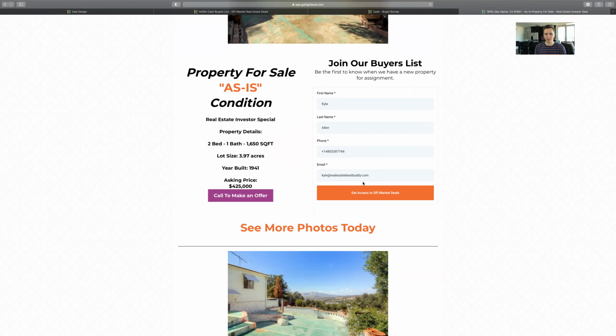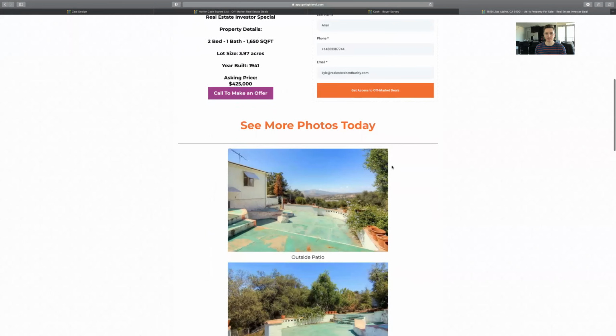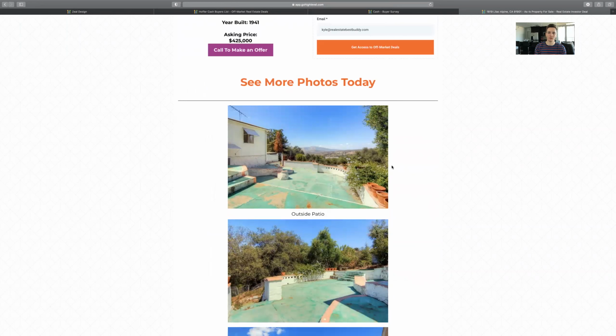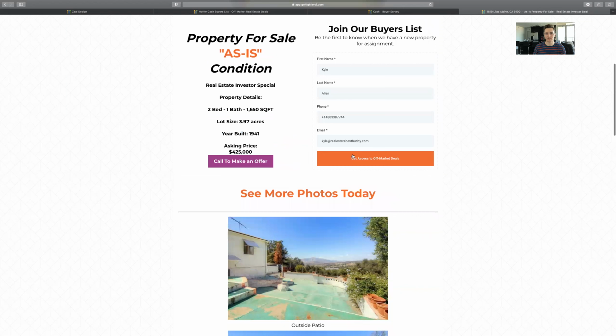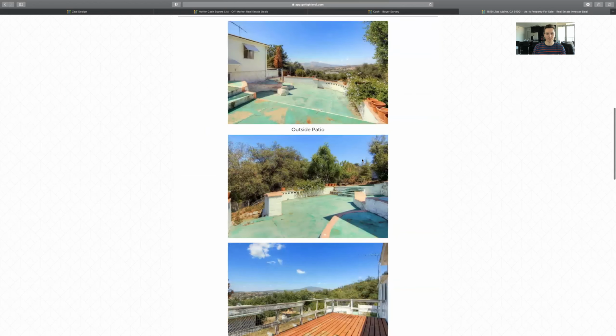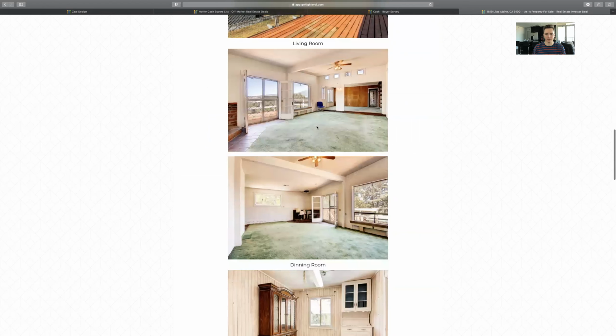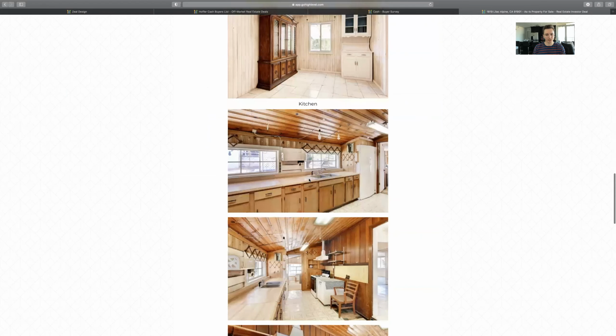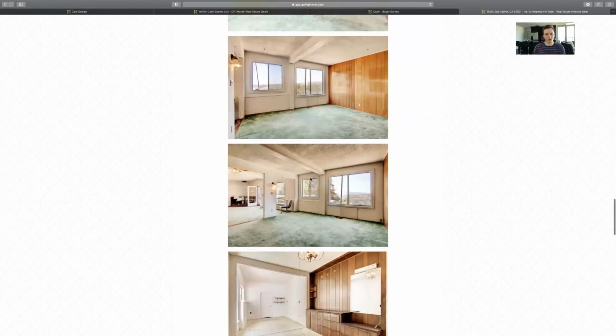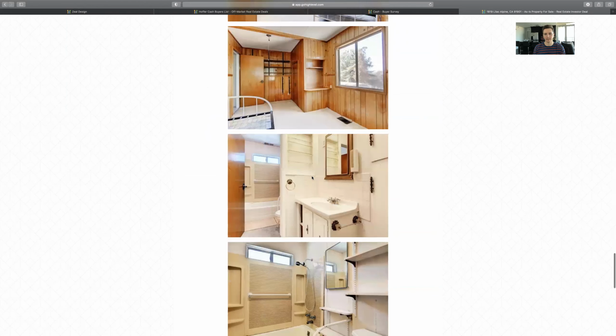They can then join our buyers list if they're not already on it, right? So if you're marketing this property to new people, you can build your cash buyers list, right? Because who doesn't want more deals, right? Well, if they're like, hey, this deal doesn't fit, which a lot of people will do, they go, no, this deal doesn't fit, but I'll join this guy's buyers list. I kind of like what he's doing. So then they get a feel of it. They get a kind of living room, dining room, kitchen feel of the whole property